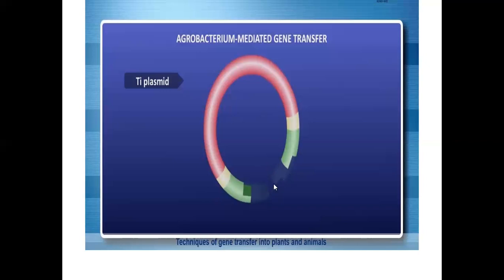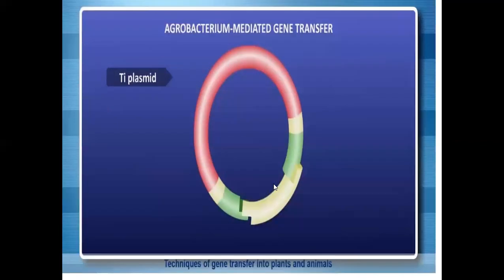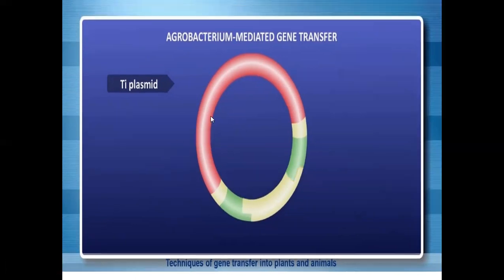Target DNA means the gene of interest. The target gene is inserted into the Ti plasmid. The target DNA and Ti plasmid are ligated by ligase enzyme. After ligation of the target DNA and Ti plasmid, rDNA is formed. That rDNA containing the gene of interest, the target DNA, inserted into the Ti plasmid is recombinant DNA.